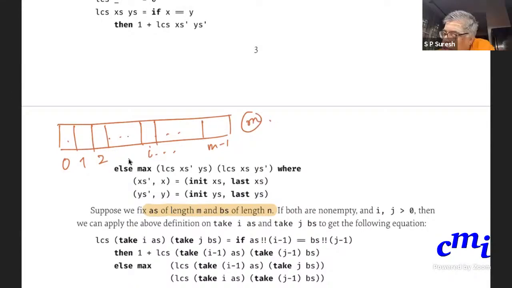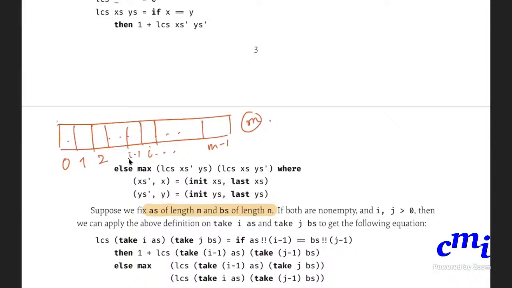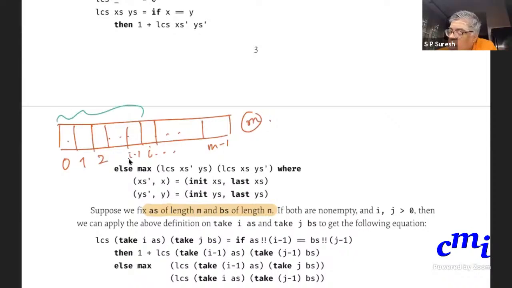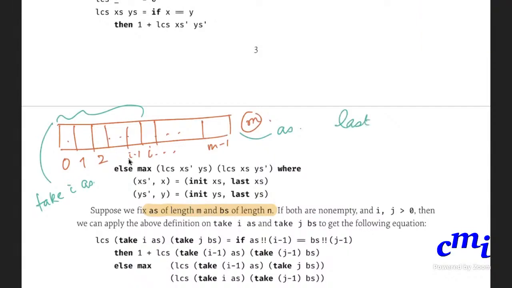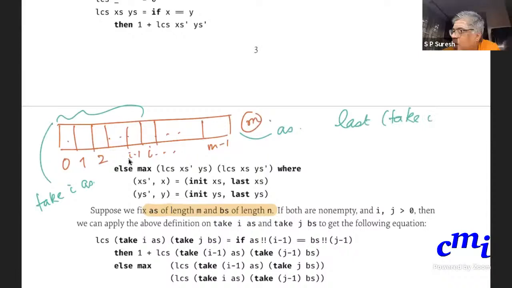Yes, all the elements from 0 to i minus 1 will be returned. This is take i of the list. So let's say the list is S. So what will be the last element of take i of S? i minus 1. Exactly. Last of take i of S will be S at i minus 1.